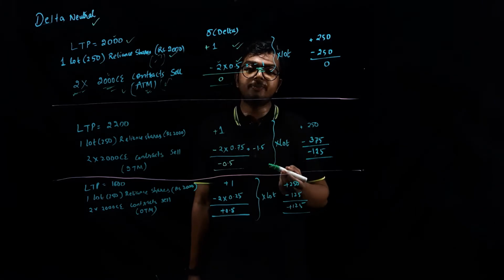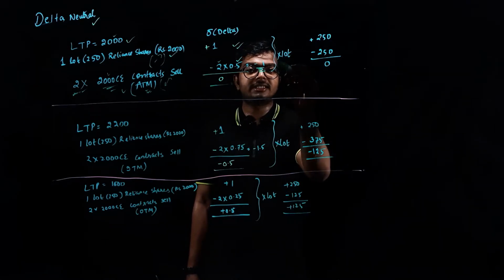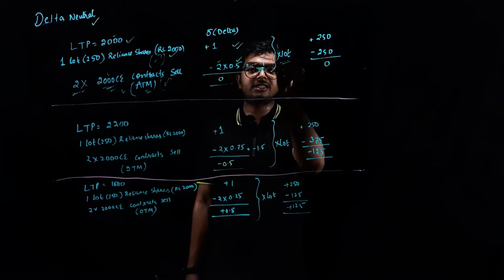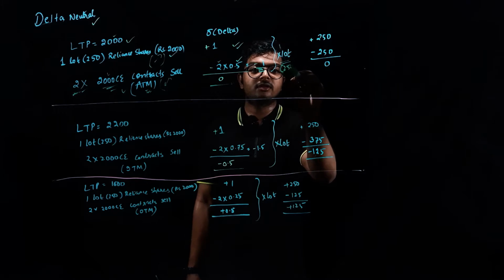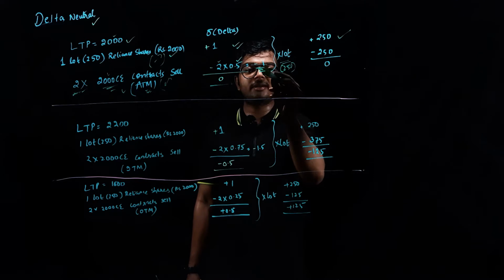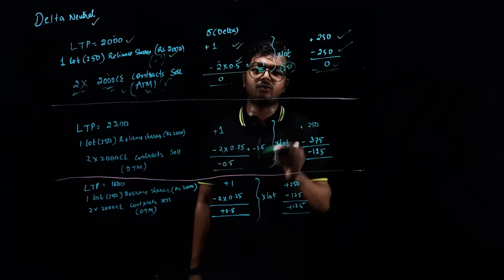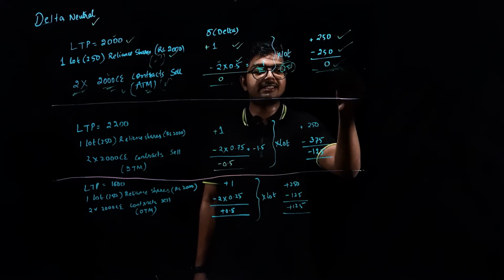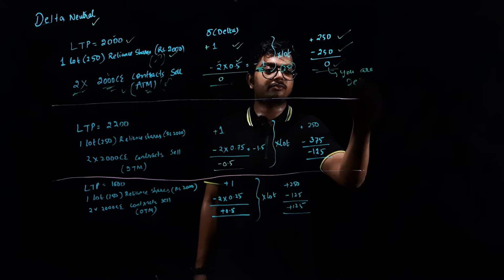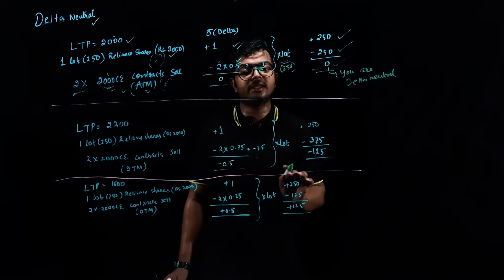Now if you wish to compute how many shares you are short of, then in this case you would simply multiply by the lot size. So if you multiply the lot size, that is 250, then 250 multiplied by plus 1 is plus 250, and 250 multiplied by minus 1 is minus 250. Overall again you are getting 0, right? So this indicates that you are delta neutral. Now you don't need to do anything, you are delta neutral.